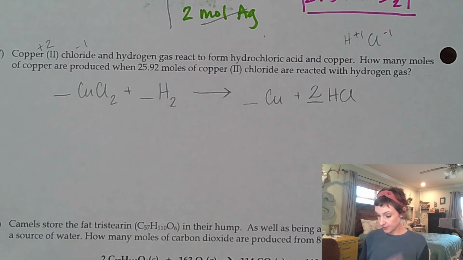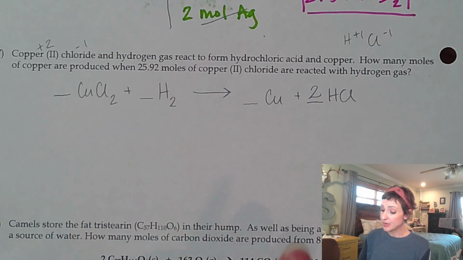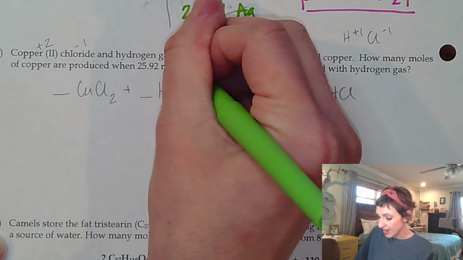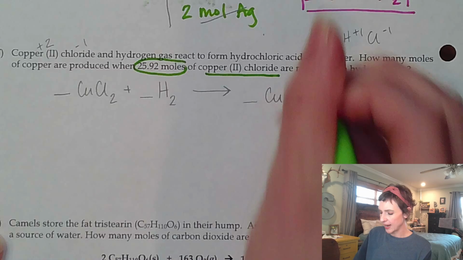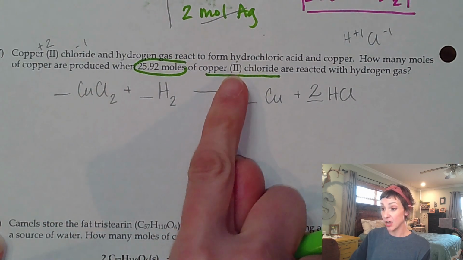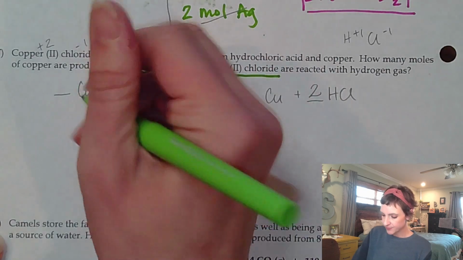All right. So I've got my colors. What did they give me? Where am I trying to get to? So I'm going to know how many moles of copper are produced when 25.92 moles of copper 2 chloride react. Okay, my given is of copper 2 chloride. Where are you at? There we are. So I have